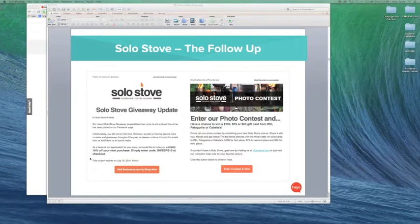So they gave them about a week to go to their website and use that coupon code. Then the second email on the right is another important part of following up. As I mentioned with the left email, they said continue to check emails about more contests and giveaways throughout the year. So this is an email they sent out a few months later notifying that there was a photo